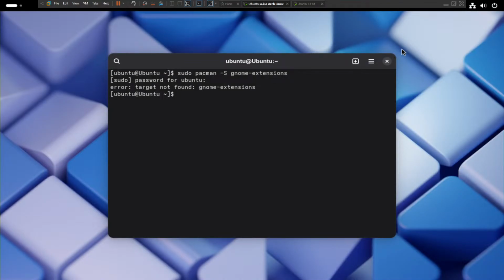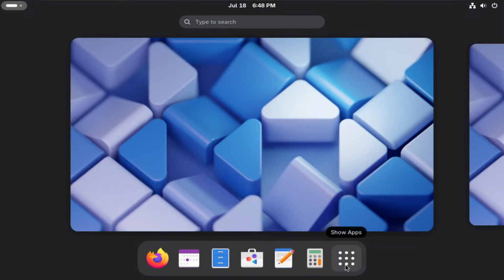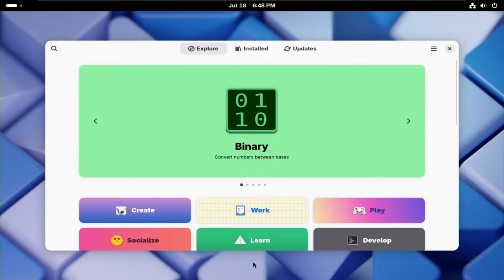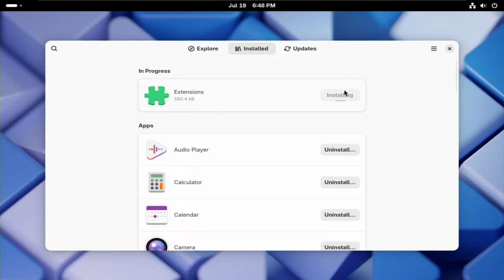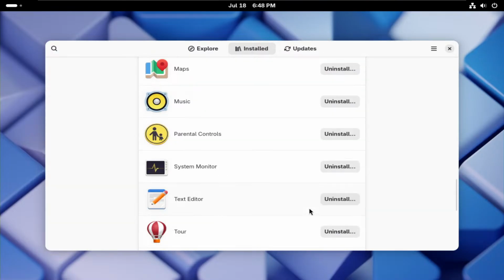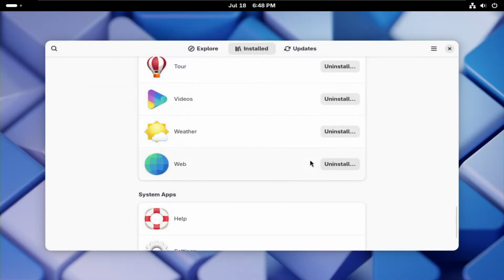Oh, that's home, not. Alright, we're back on here. We got GNOME extensions going. Wait, do we already have it installed? Oh. Oh, here we go. Here's the uninstall area. Alright, web uninstall. That is not what we use on Ubuntu. Ubuntu is Firefox. It comes with Firefox, so